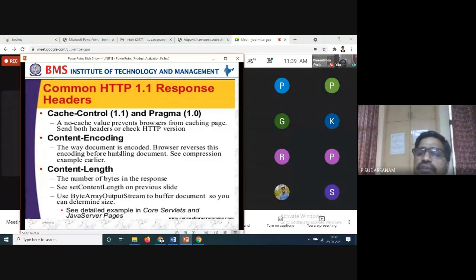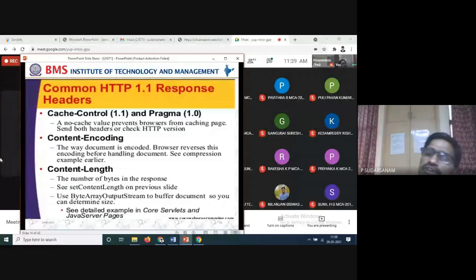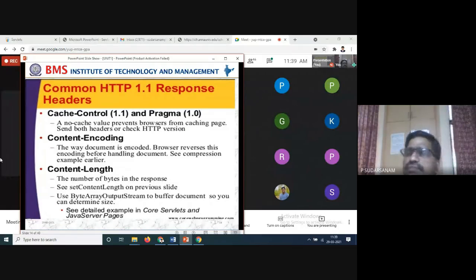So content encoding, what will be happening? Encoding and decoding is nothing but what the browser does when it displays the content for us. For all cases, it doesn't mean that they will be doing encoding and decoding. Some of the common messages are as usual. Whenever you are handling usernames, passwords, or transactions, in those cases encoding and decoding will be done.